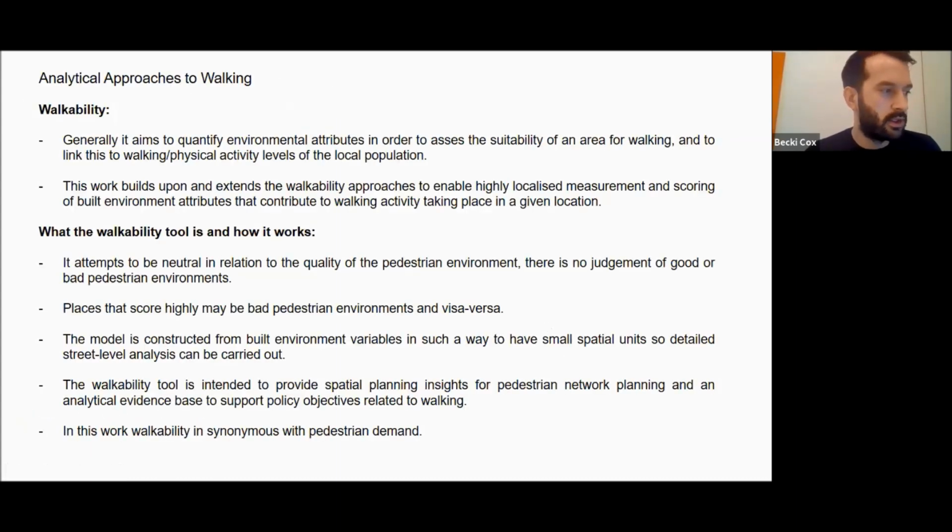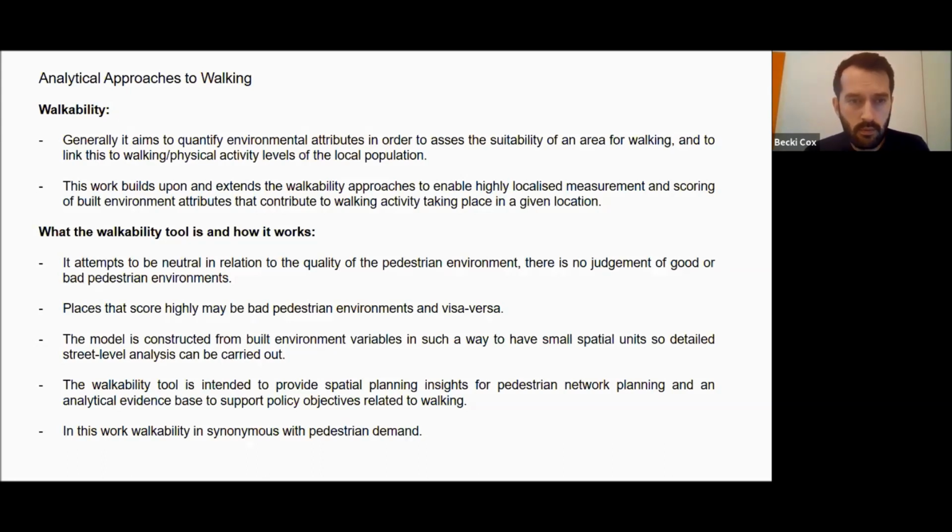So the approach here is building on the pre-existing walkability type analysis. In there, you generally try and quantify environmental attributes to assess the suitability of an area for walking, and to link this to walking activity and physical activity levels. How this differs is it uses very detailed local data, and it's processed in a way to score the built environment down to practically street or subsections